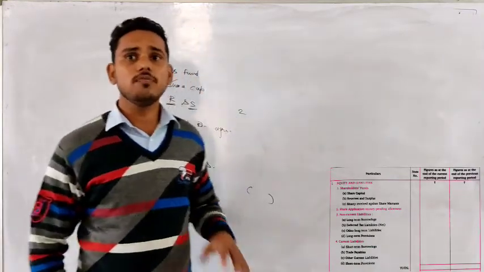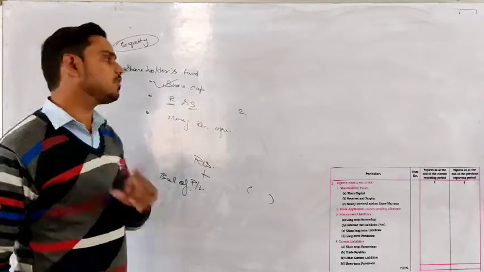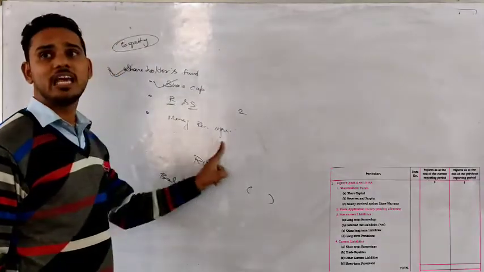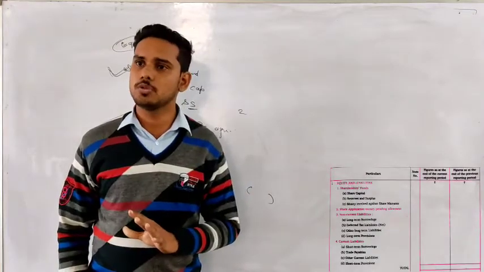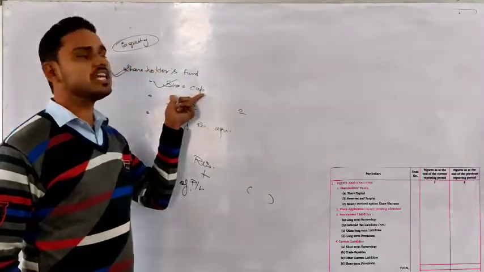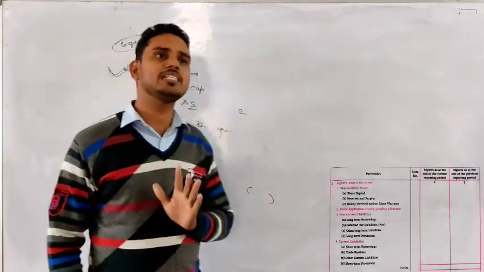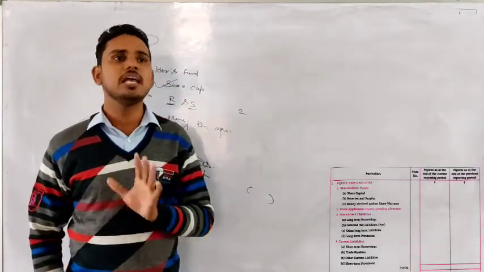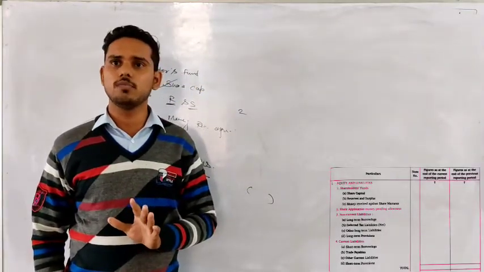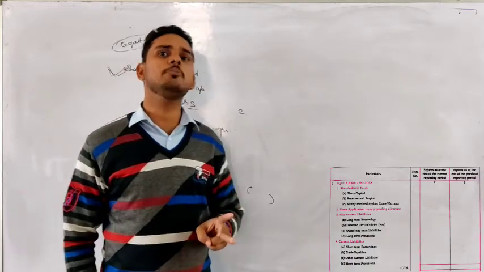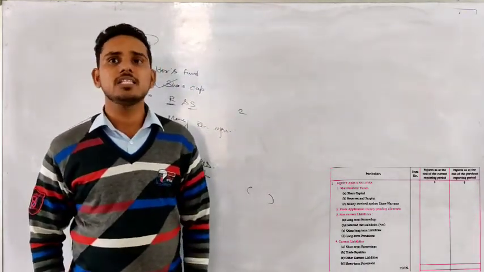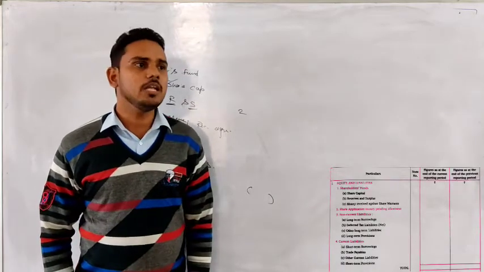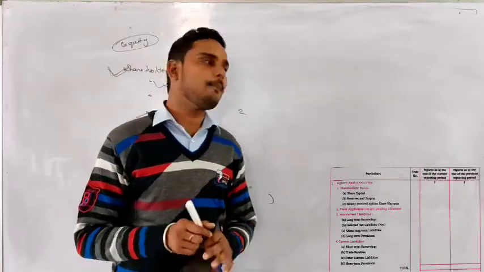No confusion. So if the company received any money because of that, that will be recorded here in money received against share warrant. No confusion. So I hope the first major head of the equity and liability side, that is shareholder fund, is clear to you. No confusion. Now let's move to the second major head of the equity and liability side, and that is share application money pending allotment.